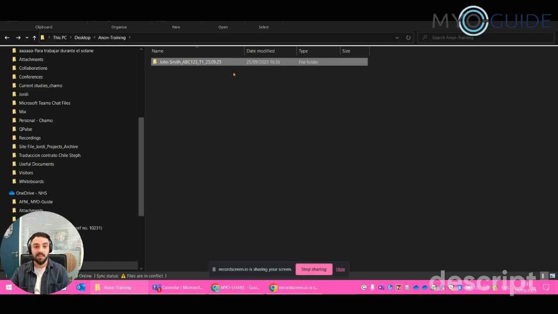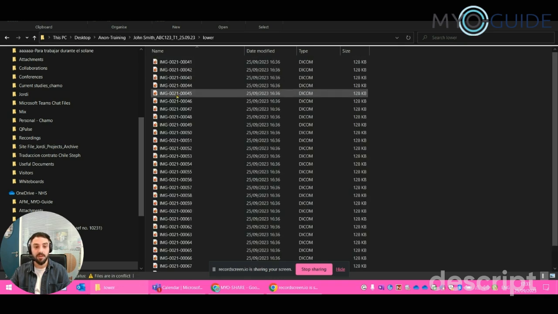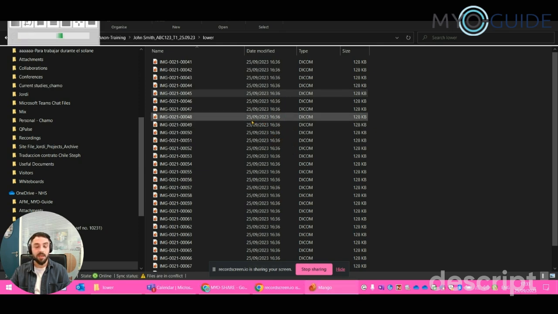It usually consists of a master folder and a set of subfolders, usually many more than these three. I just removed all the non-necessary ones for this video, and inside of these subfolders we will find a lot of DICOM files. If I open them, in my case I'm using Mango software, but you might have any other one. I just want to show you all the hidden metadata within the images.